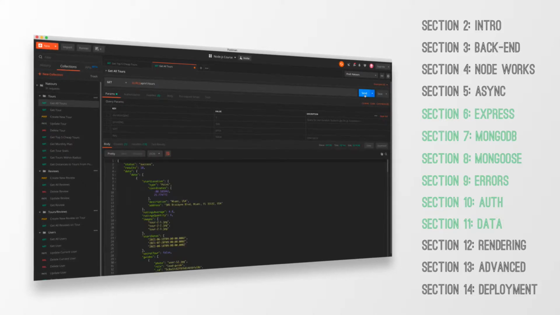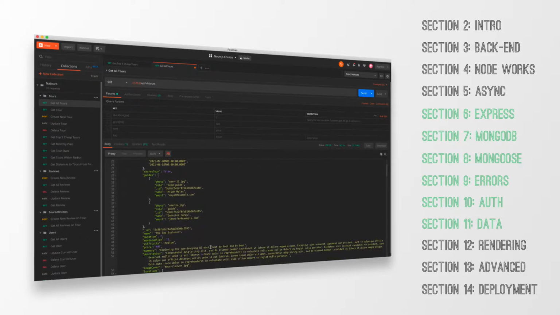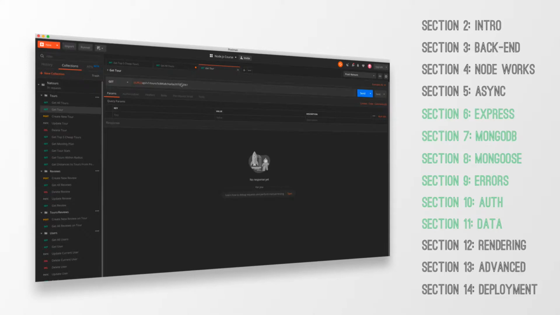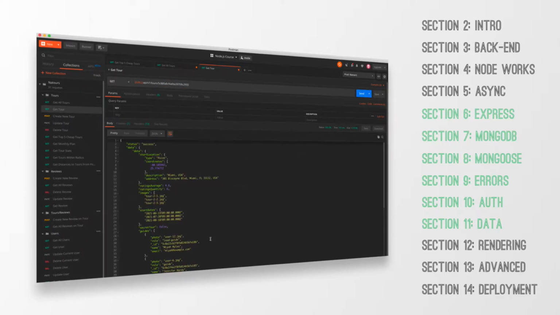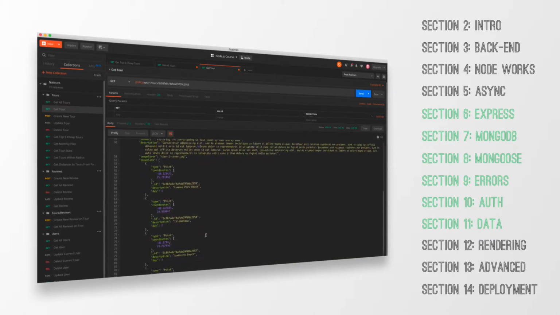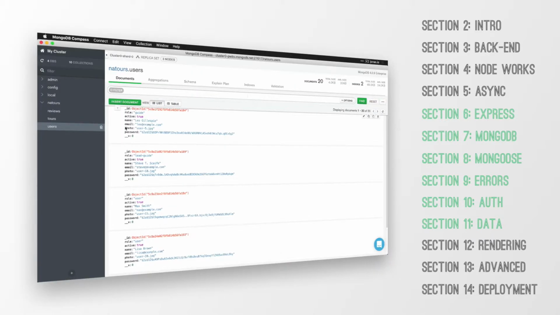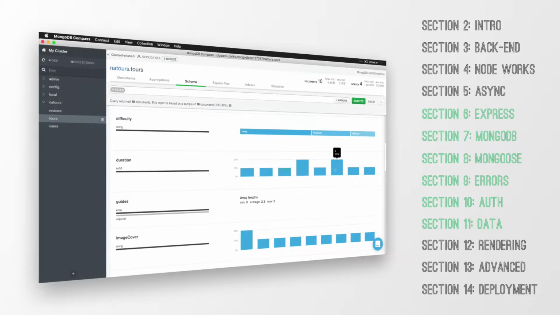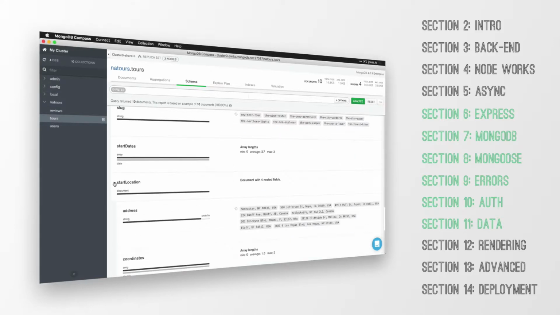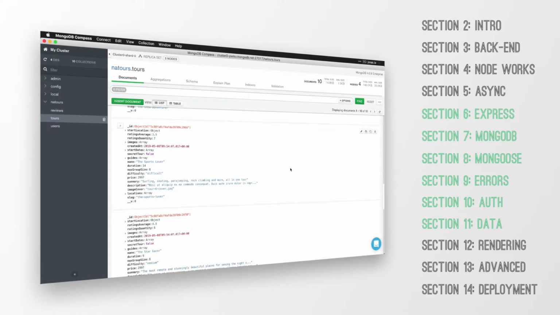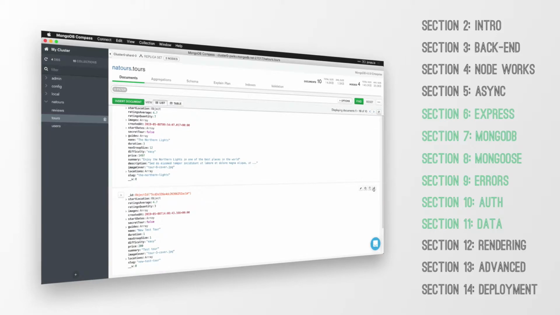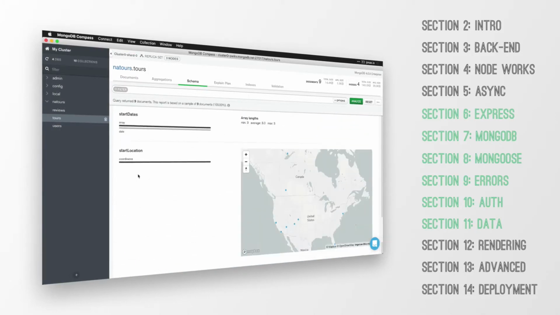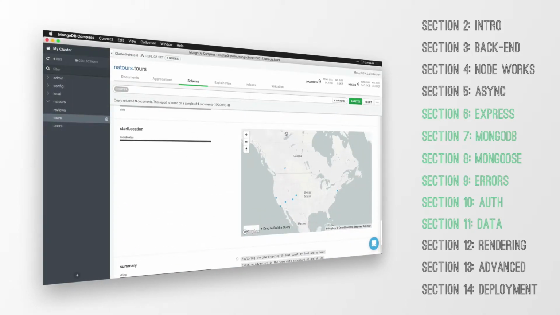So in this part 3, from section 6 all the way to section 11, we design and build the API. And for that, we take a deep dive into the Express framework, MongoDB, and Mongoose. You will also learn all about real network applications, routing, CRUD operations, data modeling, geospatial data, using the MVC architecture, modern authentication with JSON Web Tokens, authorization, security, error handling, and so much more.